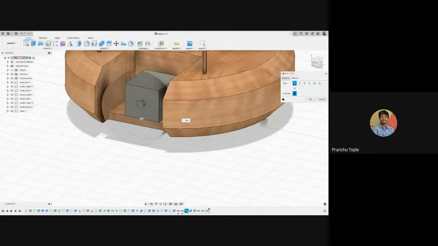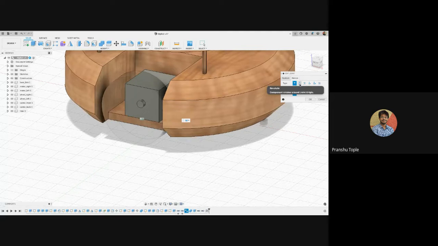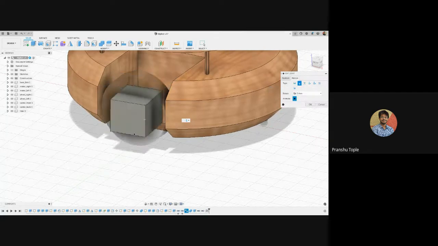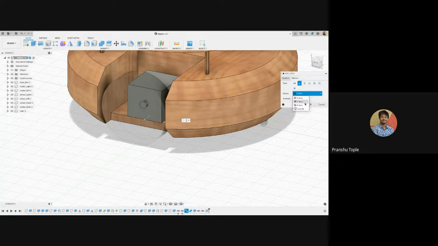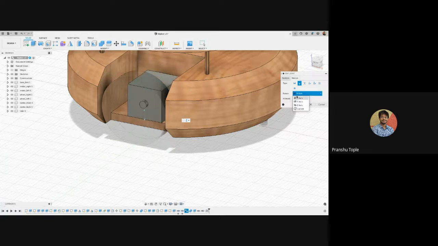You cannot separate it. If I wanted it to be a revolute joint, what I will do is I will select this. See, it is able to rotate along that axis. If I want axis of rotation as y-axis, see. If I want it x-axis, I can change it from here. I can make a slider joint.